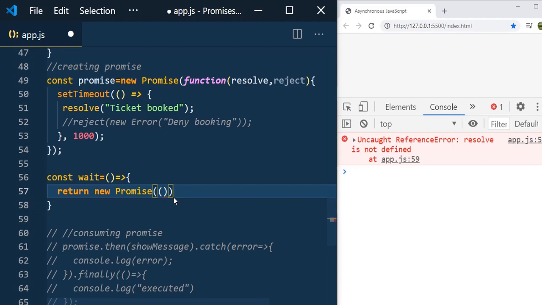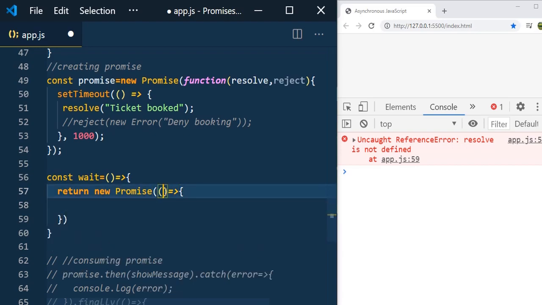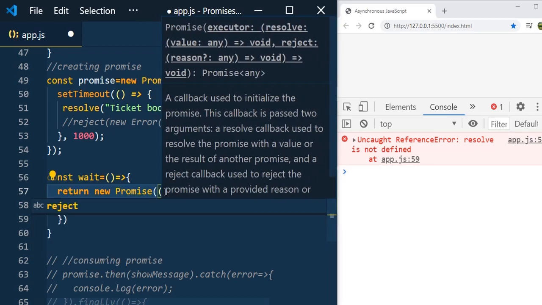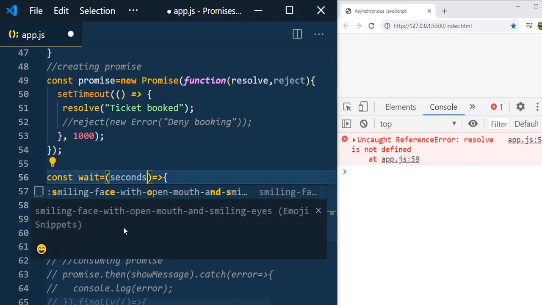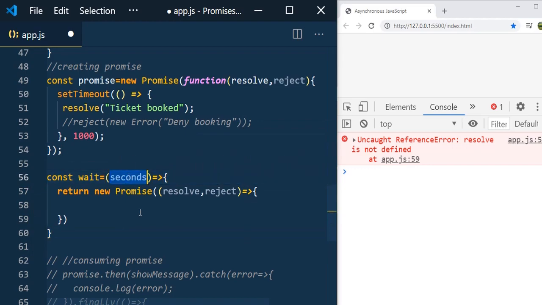As we have already seen the normal function, I just use arrow functions here, and we know that this executor will take two functions, that is resolve, reject. So here I would like to resolve this promise after 1 second or 2 seconds, depending on the user input. So here I would like to have the input parameter that the user wants to provide.